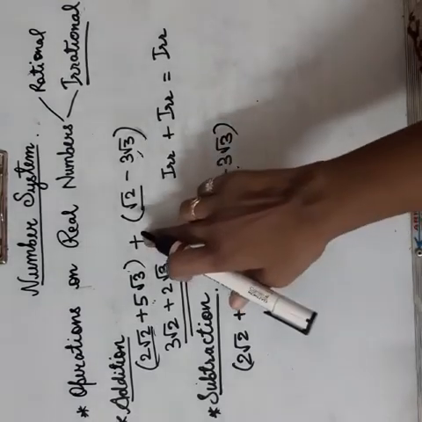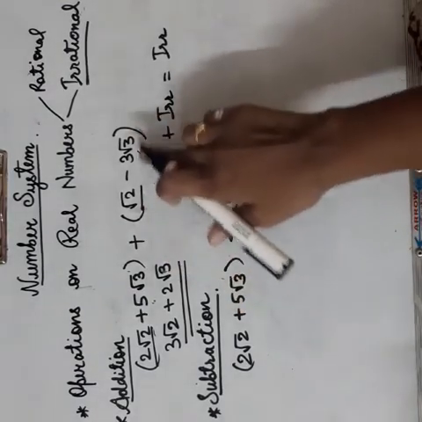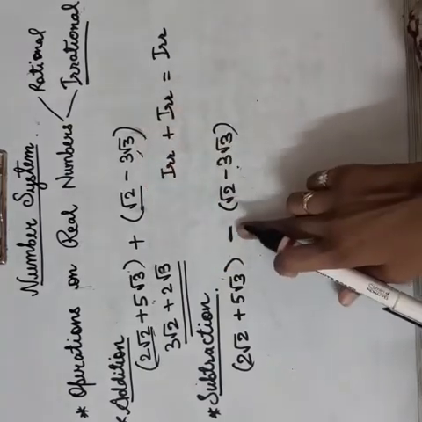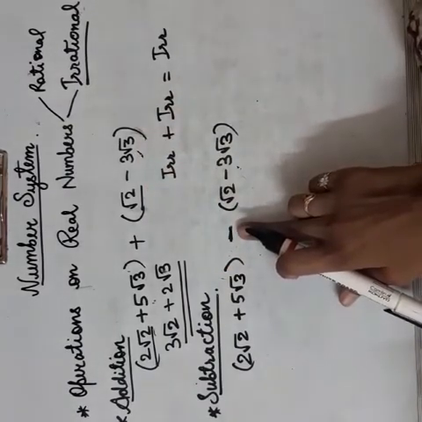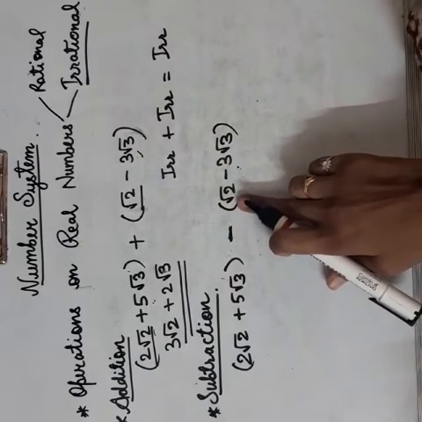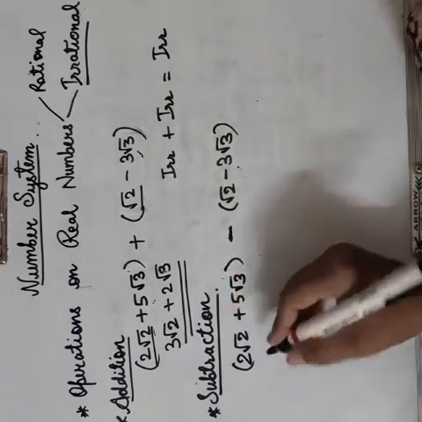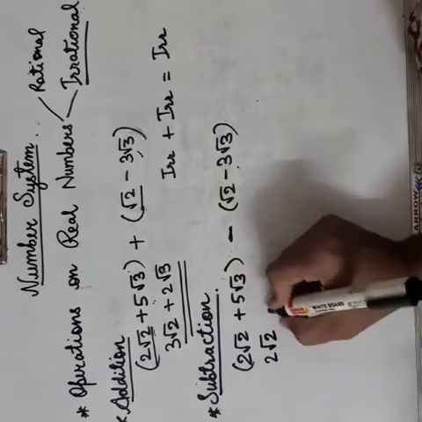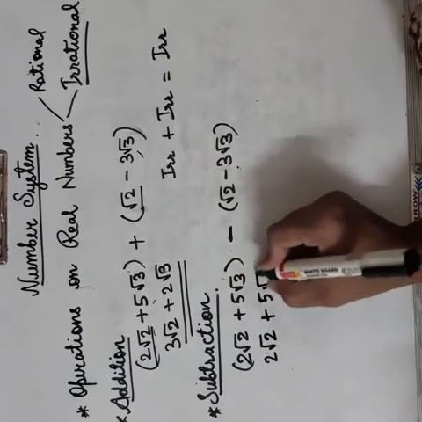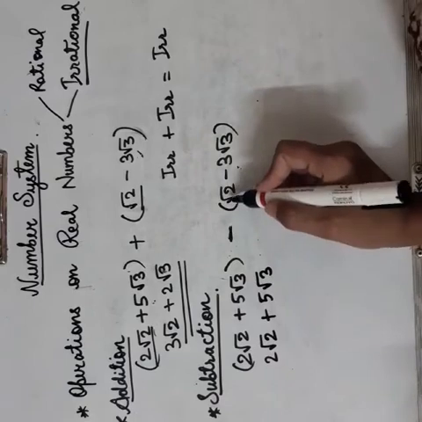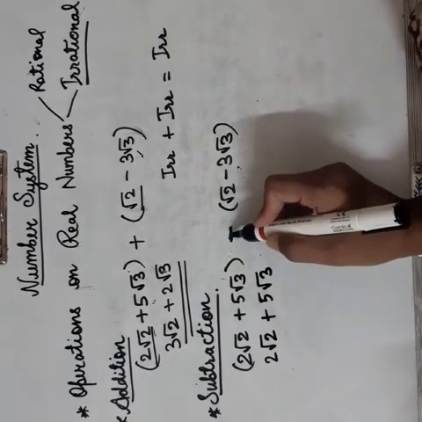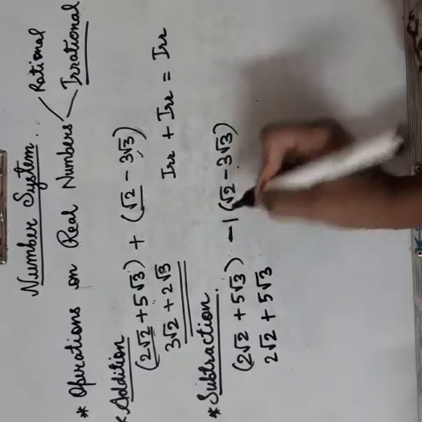Okay, when we are multiplying the plus sign, there is no change, but when we are multiplying the minus sign, then there can be changes. So that's why we cannot remove the brackets directly. So the first bracket you can remove directly, 2 root 2 plus 5 root 3. Now minus into plus root 2. Nothing means what? 1 is there.